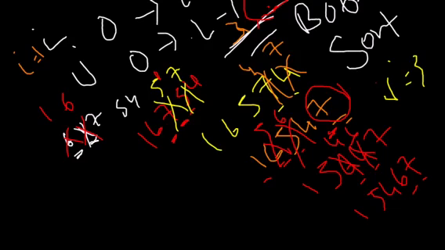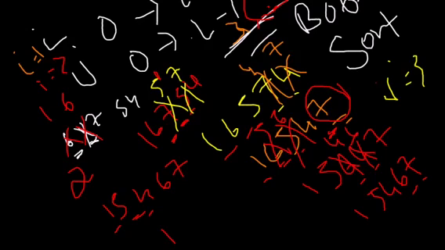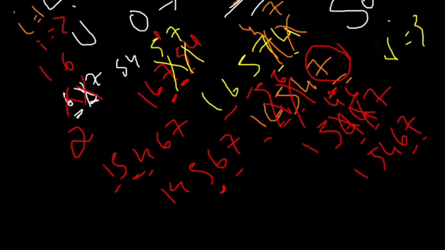Now I becomes 2. So J goes till 5 minus 1 minus 2, which is 2. The array as of now is 1, 5, 4, 6, 7. So it compares 1 and 5. 1 is not greater than 5. Then 5 and 4. Yes, so we get 1, 4, 5, 6, 7. And the last comparison it makes is 5 and 6. But again, 5 has reached the end of this small array.